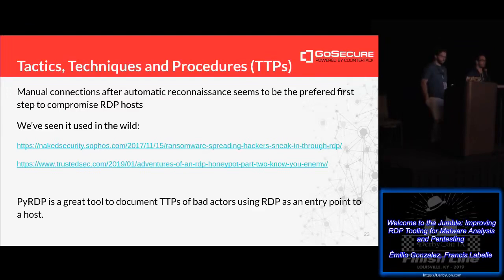So yeah, manual connections after automatic reconnaissance seems the preferred first step to compromise RDP hosts. I'm putting aside obviously the new exploits, BlueKeep and such, and we've seen it used in the wild. I've linked 2 articles. The first one describes a wave of ransomware attacks where credentials would get brute forced automatically, and then someone would manually connect later and, quote unquote, cleanly infect a machine with ransomware by deleting backups